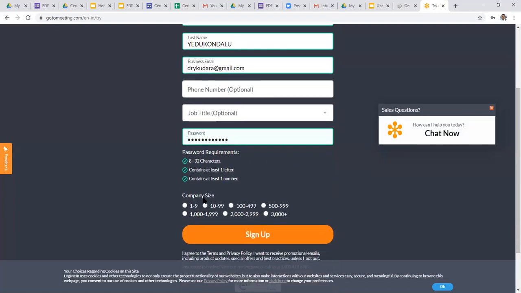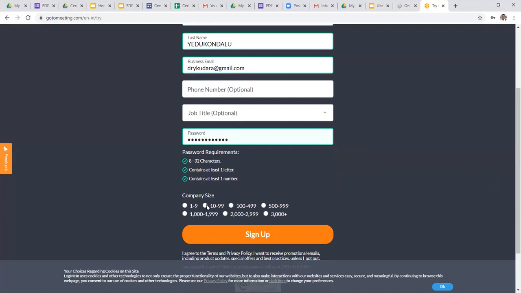Then there is company size. This GoToMeeting app allows a maximum of only 252 participants. If you choose 1 to 9, it allows only 9 participants. If you choose 10 to 99, it allows 100 participants.